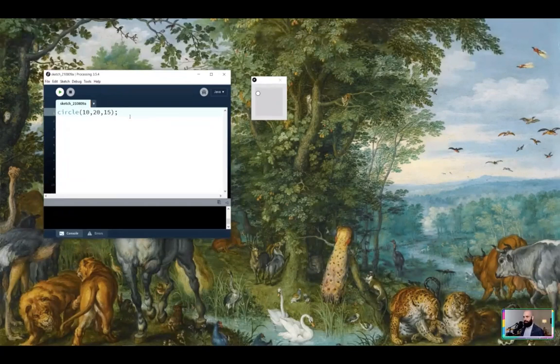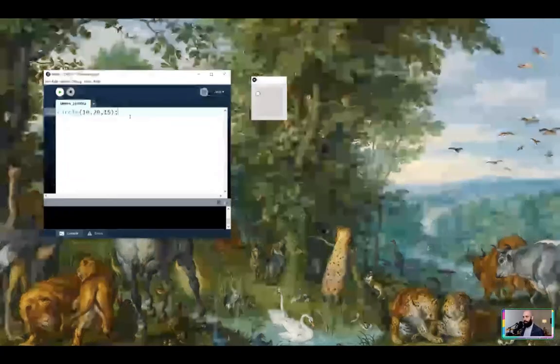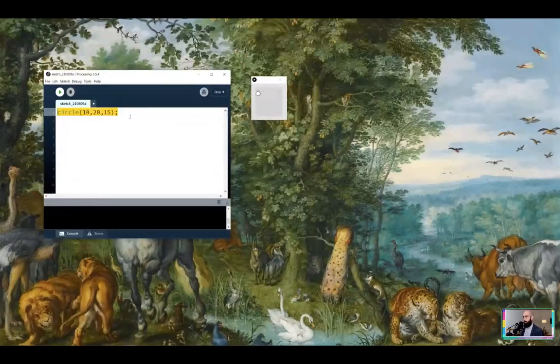Yeah. So what can we do with this? This is our circle function. We could draw another one. So if I was to write a second function and run it again,